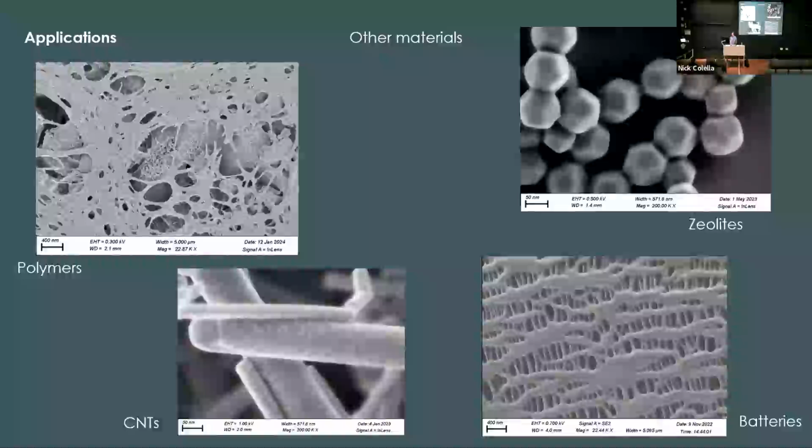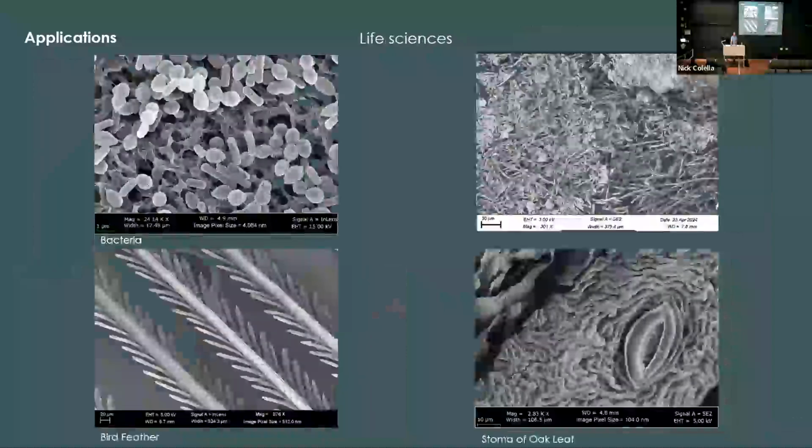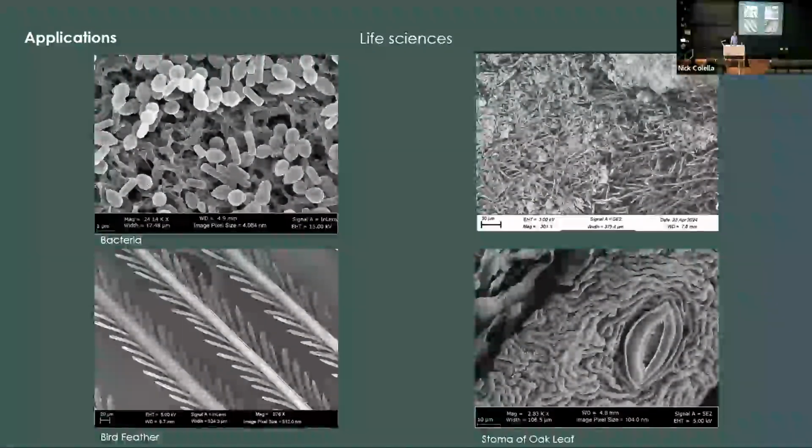So there's a picture there of zeolite materials, which are non-conductive, high-resolution imaging that's required, carbon nanotubes, and we do a lot of work with imaging different types of components of battery materials as well. So all of these fall under some material types that can be a little bit more challenging to image. We also do a lot of work with biological materials, tissue, cells. There's some broader scale things there like bird feather, right?